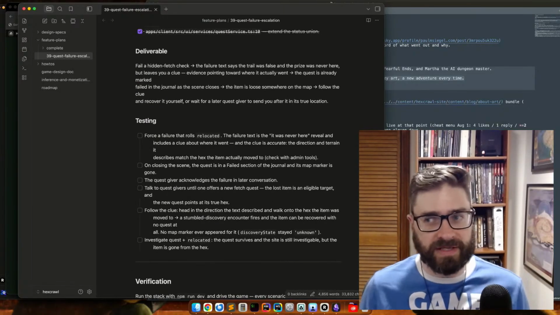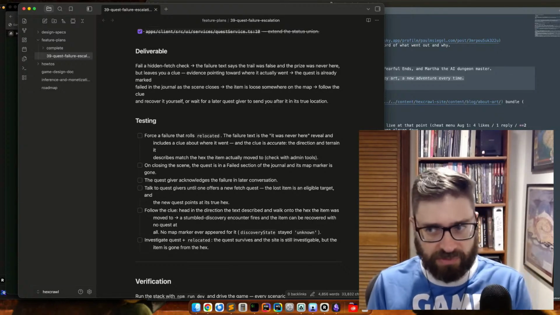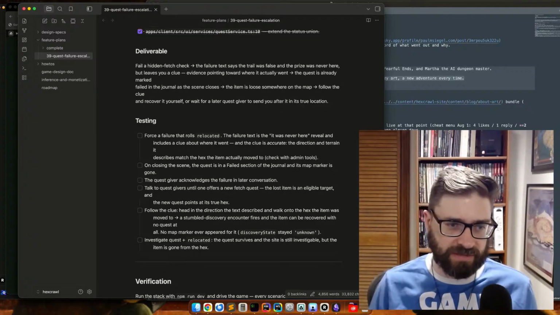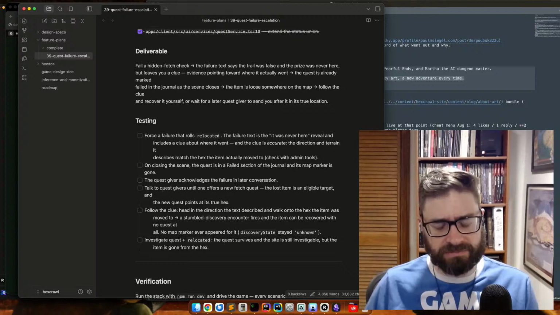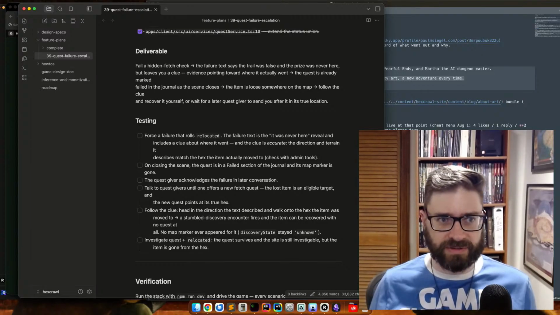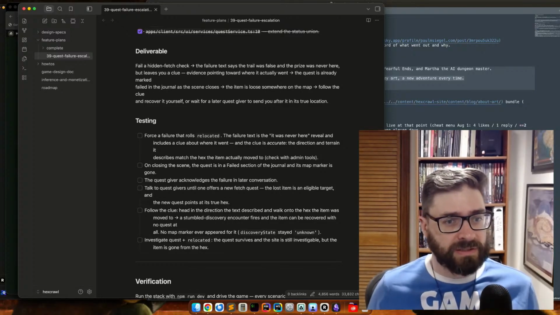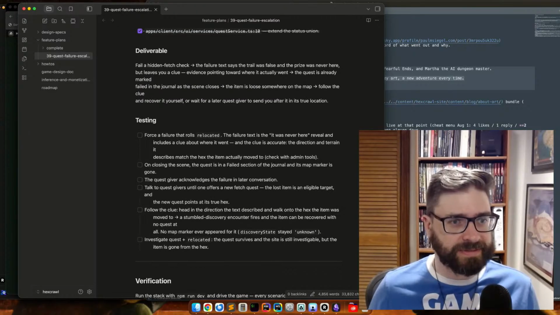So it still feels like a failure, right? I went to find this thing, this information, this object, whatever the quest was. I went to discover it. It's not here. It's in a different location. Quests are all firmly planted in a location on the map. I mean, it's a hex crawl. You're moving around hexes. So basically the code is implemented and we're going to do the testing.